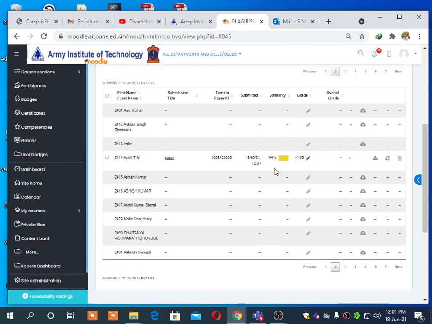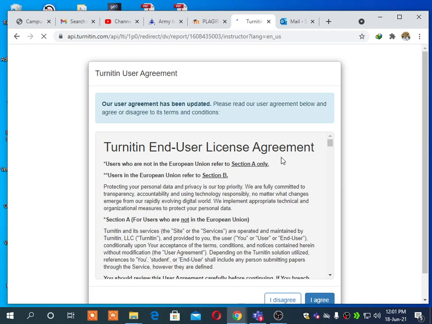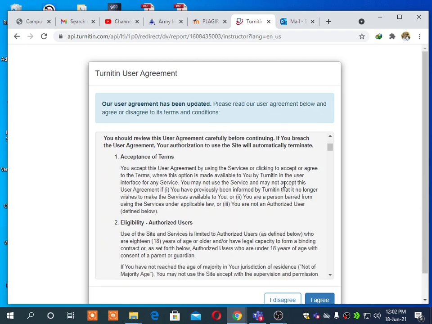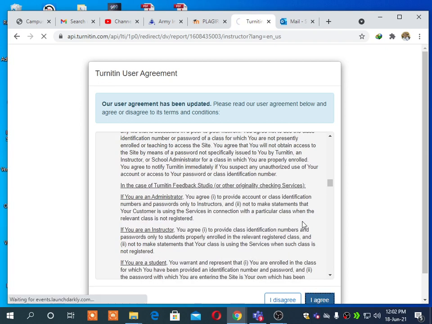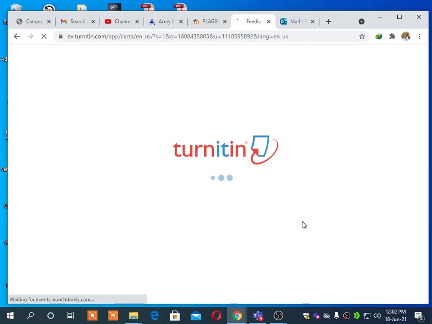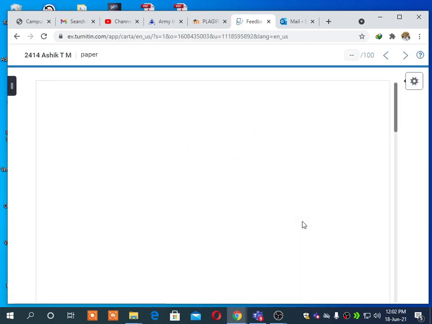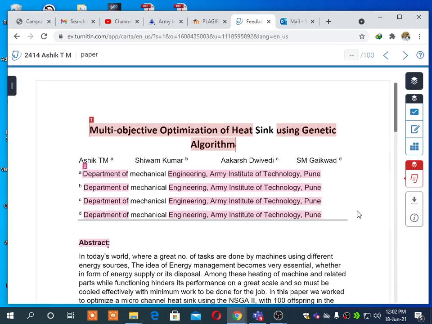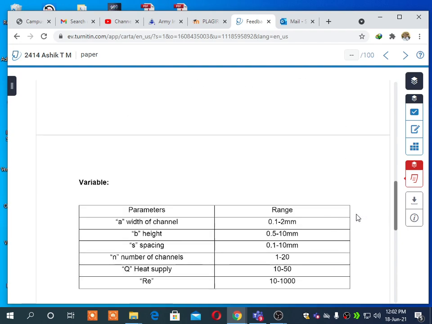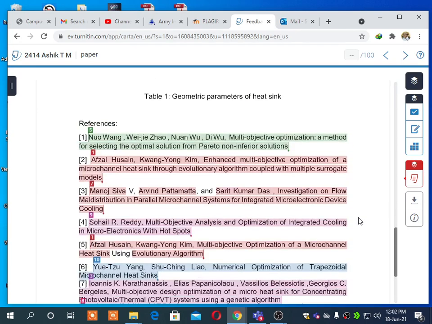Yeah, it is 54%. So it means I need to work a lot. Just let me check. Oh, it is the Turnitin agreement. So I agree. Let's update. Then it will be like this.